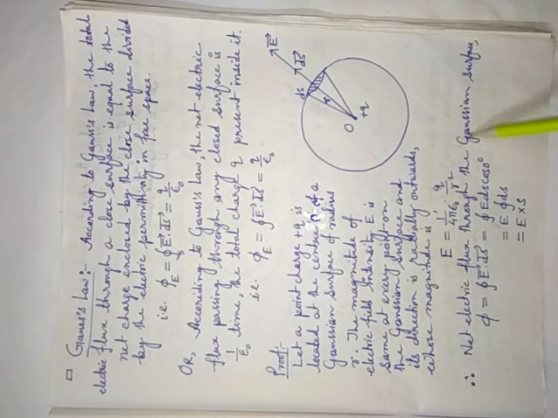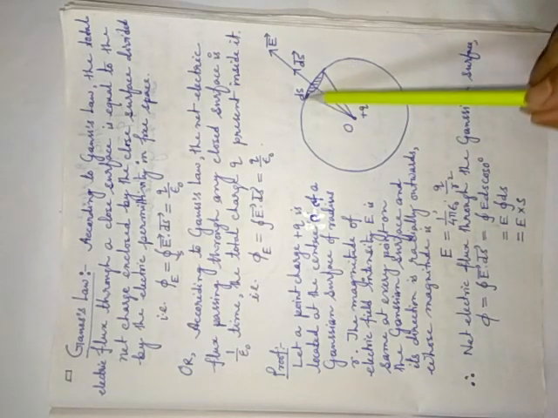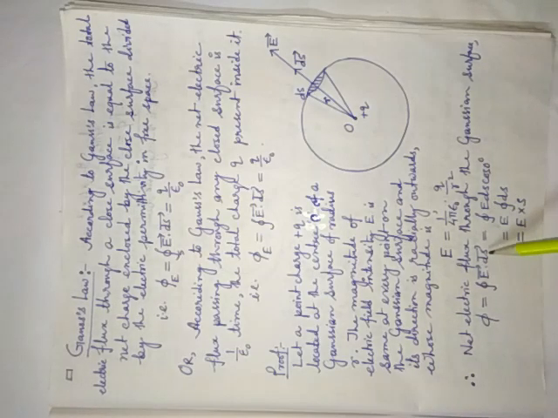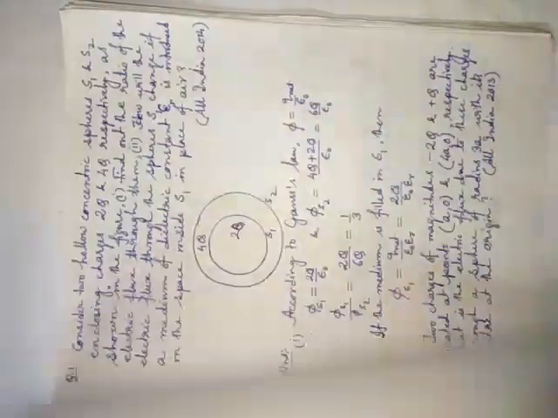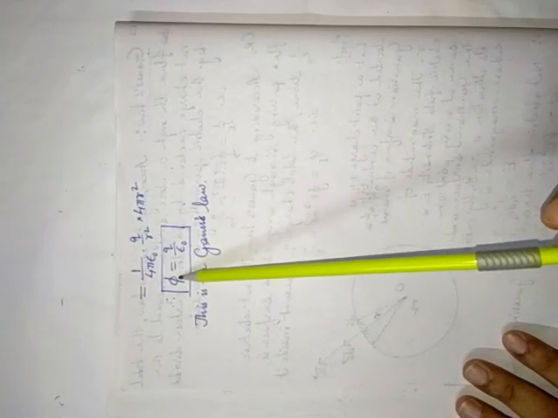Now, what is the net electric flux through the Gaussian surface, means through the whole Gaussian surface? Phi means electric flux through ds, and this is E vector dot ds. Since we are going to calculate net flux, we integrate, and this circle means closed, means net. E vector dot ds vector means E ds cos theta, here 0 degree. After calculation you will get E into S. Already I have discussed, the value of E is this one, and the value of S is 4 pi r square. After calculation you will get phi equal to Q by epsilon naught. This is Gauss's law.